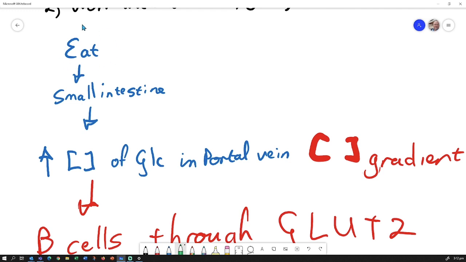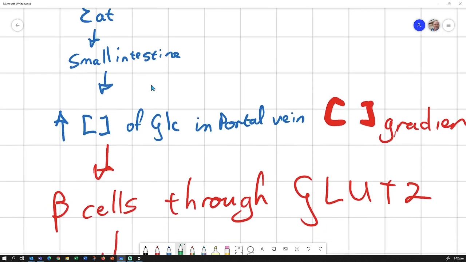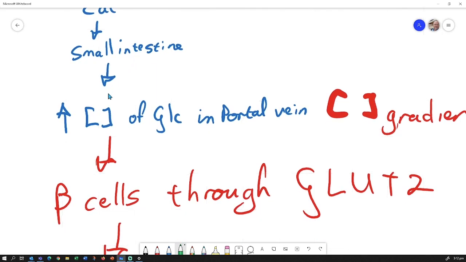When you eat, obviously your food is digested and it gets into your small intestine. In the small intestine, it is absorbed. Now, it is absorbed in the form of molecules. You don't have little pieces of Big Mac floating around in your blood. It is broken down to the molecular level, and then in the small intestine specifically is where the glucose is then absorbed. It goes into the portal vein,